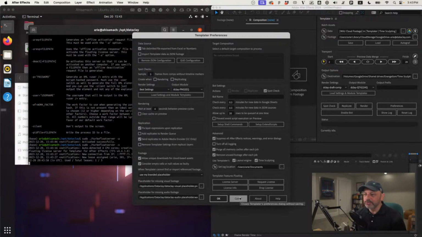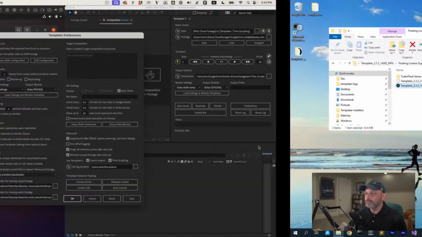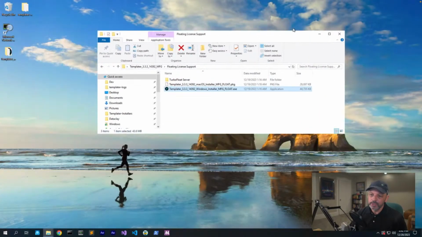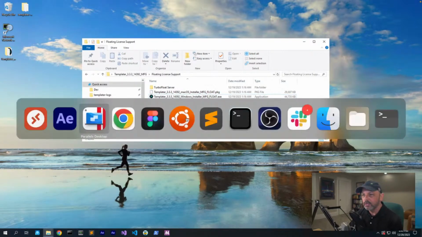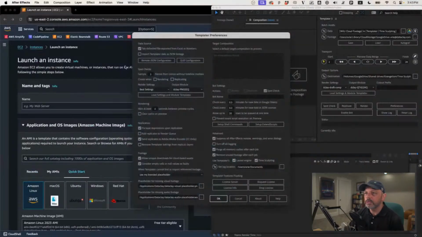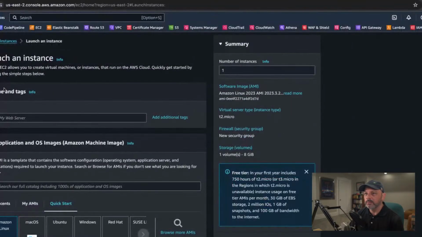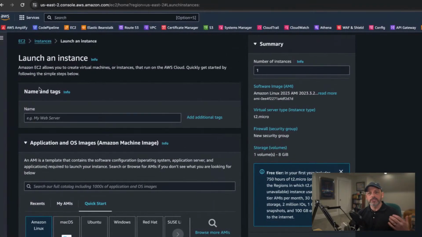Now what I want to show you is a little bit about the Windows machine here. So I showed you what kind of machine it is, but I do want to show you a little bit about what's going on the AWS side when you want to start a VM for After Effects and for Templater. Basically, you're going to go to your EC2 in one of the availability zones that is closest to you. You're going to want to give the server a name. I'm not going to actually launch the instance, but I'm just going to go through